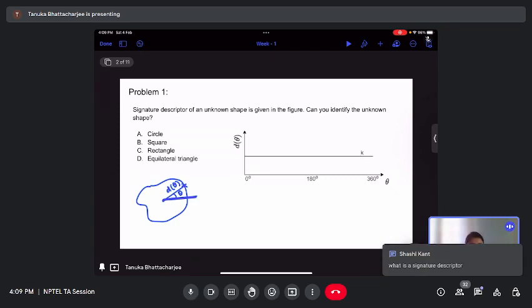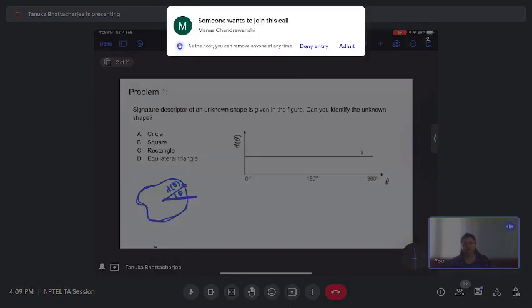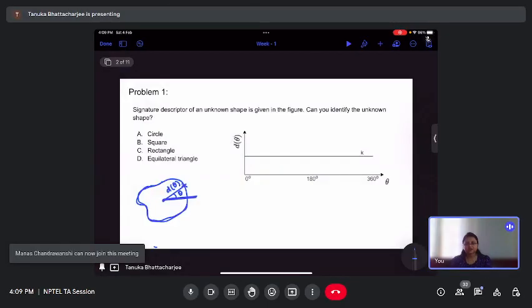I have a question. So, as I explained, the signature descriptor is basically a boundary descriptor or boundary feature for any object. Let us say you have this type of arbitrary shaped object as I have drawn here, and you want to obtain the signature descriptor for this particular shape. What you need to do is, it is basically a way of expressing your boundary, some way of encoding the boundary characteristics. For that, we take the centroid of this object and we take a reference